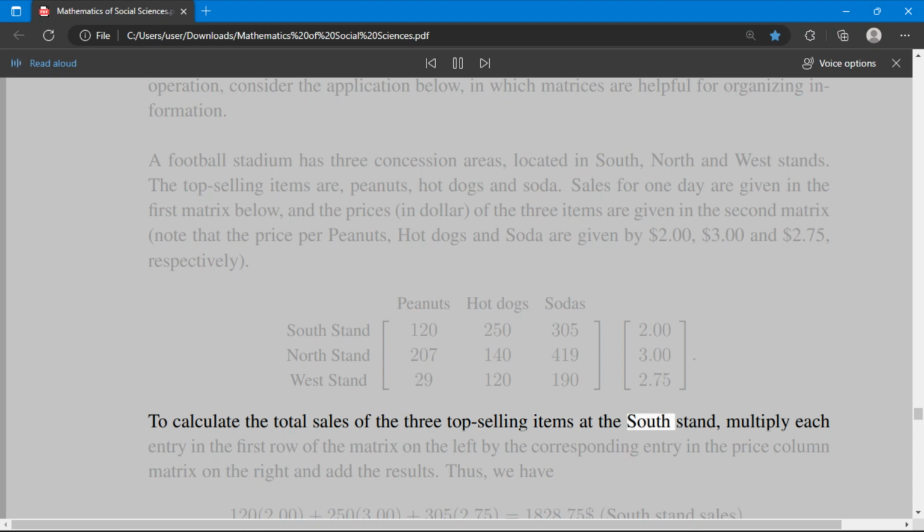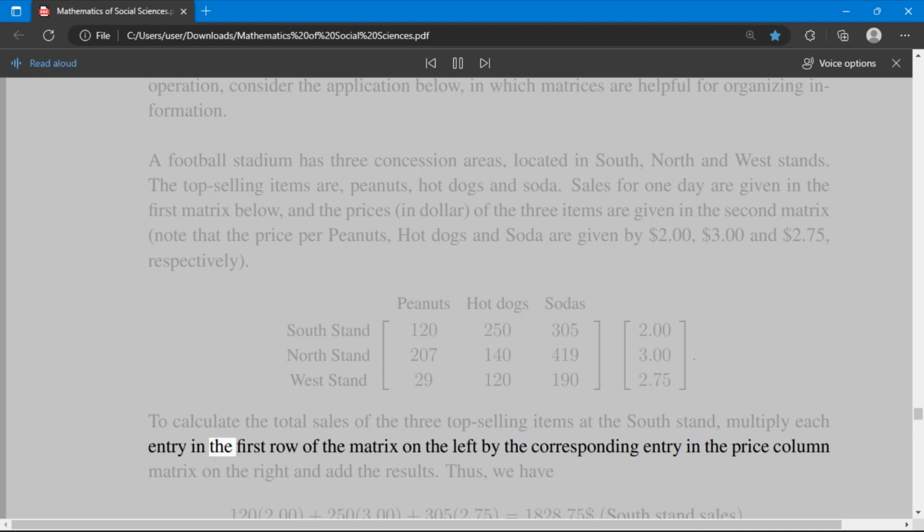To calculate the total sales of the 3 top-selling items at the south stand, multiply each entry in the first row of the matrix on the left by the corresponding entry in the price column matrix on the right and add the results. Thus, we have